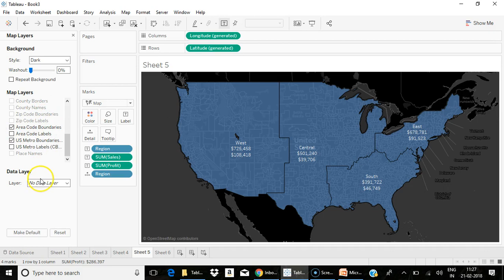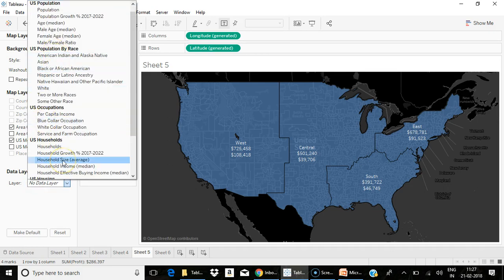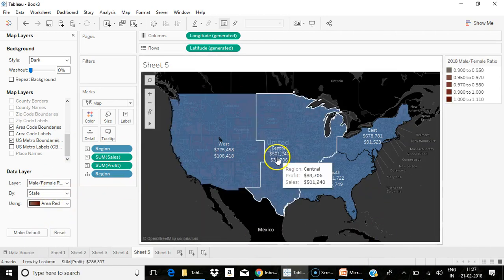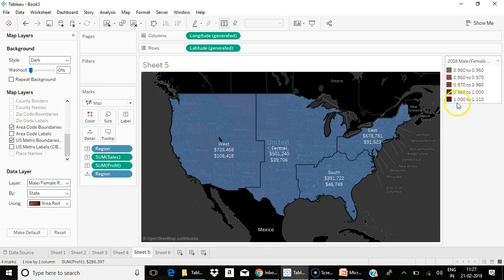You also have a data layer which is going to show some data related information. By default, you have US related information. So US census data. So if I want to show the male female ratio, I can choose male female ratio by state or a country or a region. You can choose it. And I also have different color coding to show the male female ratio. And the legends you would be able to refer to. So these are the default map layers or the data layers that are available in maps. So you can use them in order to show it on the maps. By default, you have some layers which are already selected. Based on the requirements, we choose the different map layers and the data layers.